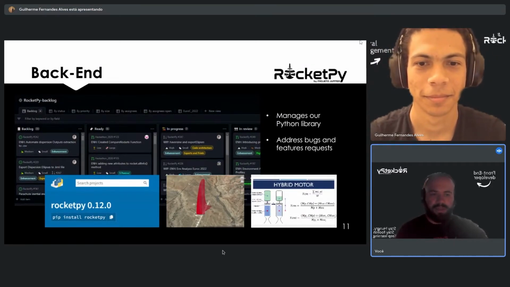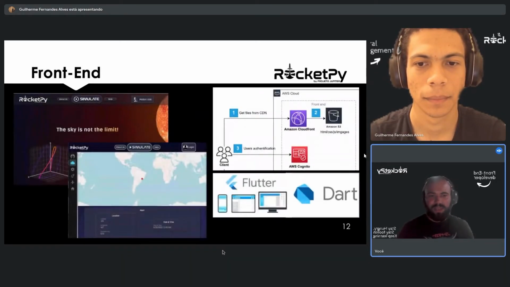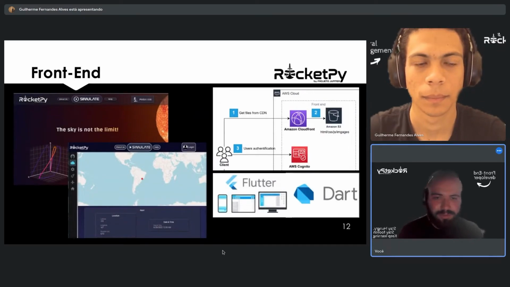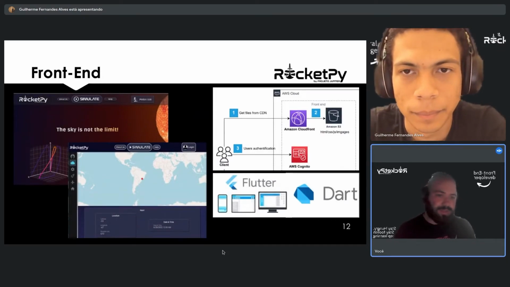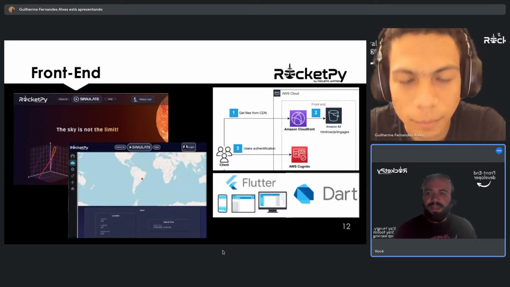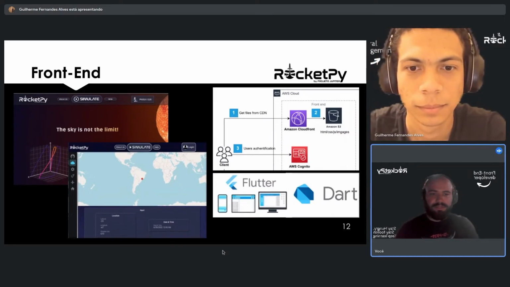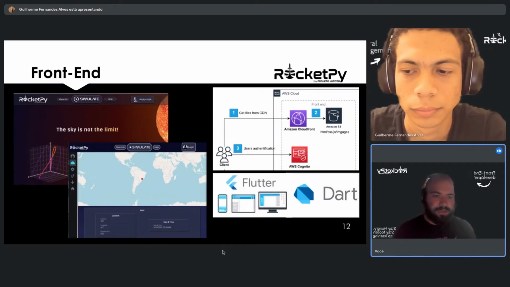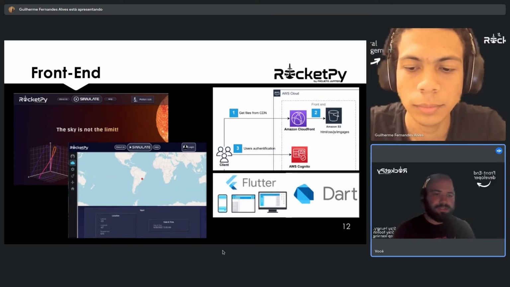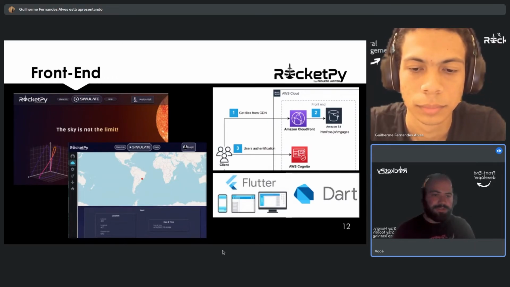And also we have the front end team, in which we have some spots available, as well as the general management. We have the interface part where we can develop around the Python library, which is using the Flutter framework as well as the Dart language with AWS architecture so that it can be properly hosted.